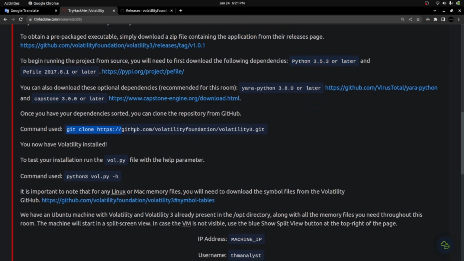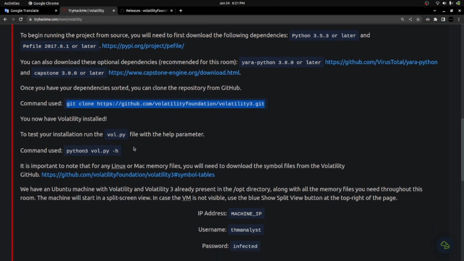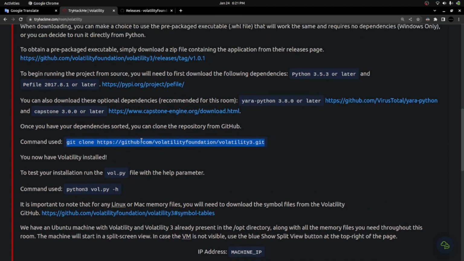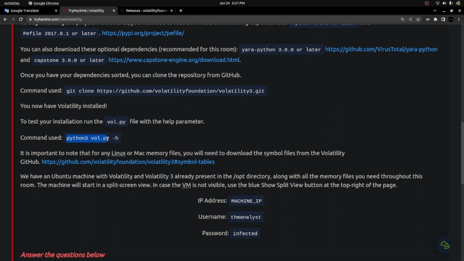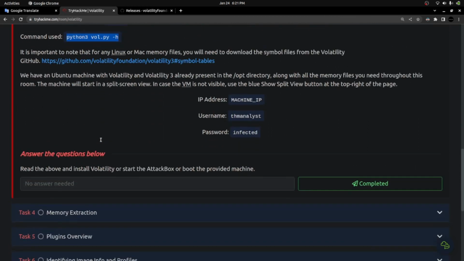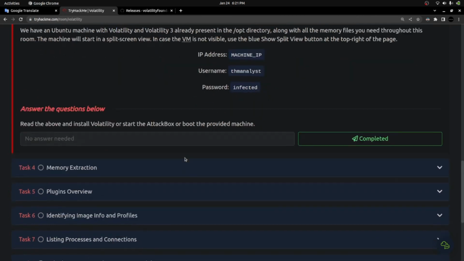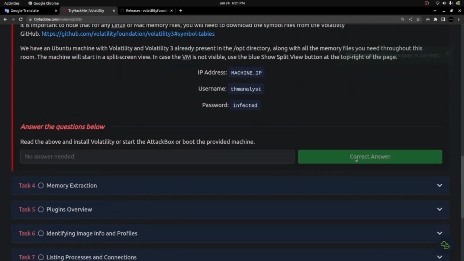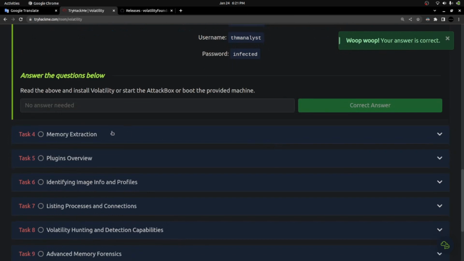You can simply clone the repository by using this git clone command, and all set. You simply navigate to this Volatility directory, and you will see the vol.py file, and you can simply initiate that Volatility tool by using this command. Well, that's it for the installation. Volatility 3 installation is very simple. Moving to the next one,